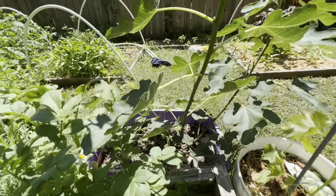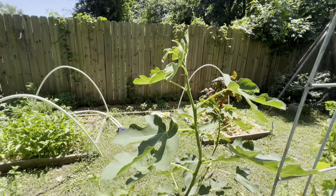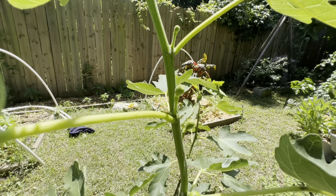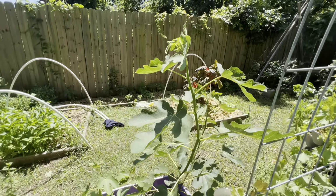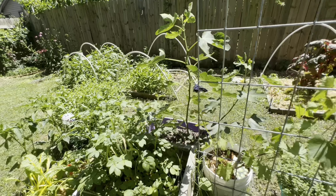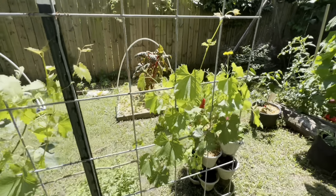And the fig tree here is looking pretty good. I was very scared. We got figs. I was worried though because it died all the way down, and I just ended up cutting it down to the soil, and boom. And here we are about a month later, and it's got figs pretty much all over it. The grapes are coming back alive. They're coming back. I wasn't expecting much out of this one, but